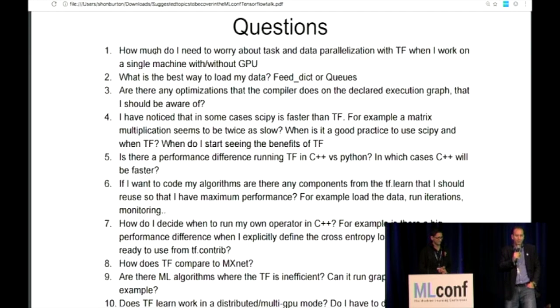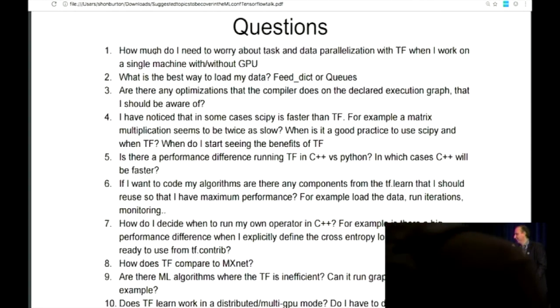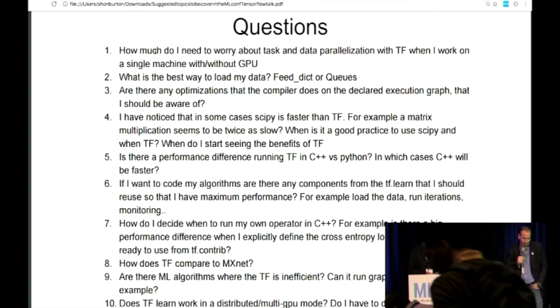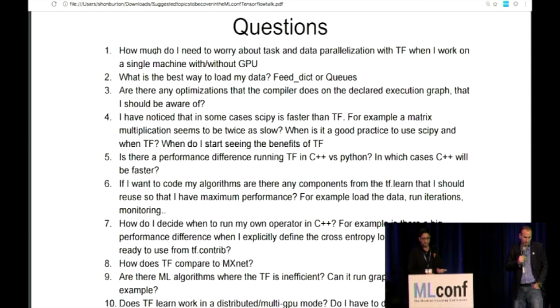Okay, so the next one is a bit provocative. How does TensorFlow compare to MXNet? There are many different frameworks out there. We decided to write TensorFlow because we saw that the other frameworks weren't meeting the needs of what we needed. Most of these, including MXNet, have come out of academia, even though in some cases there are other groups trying to make them better.